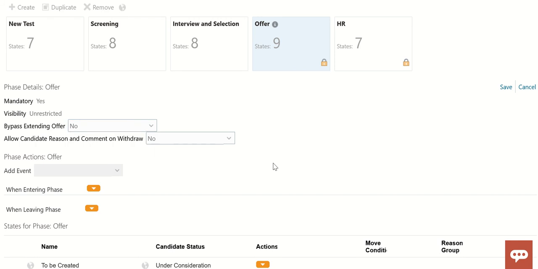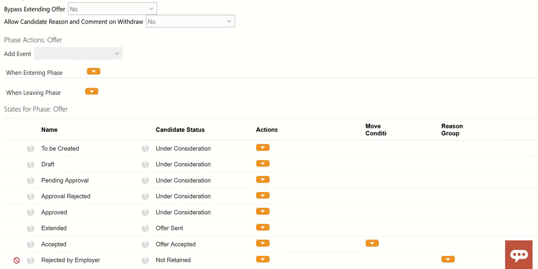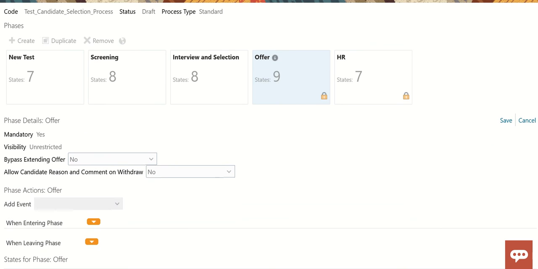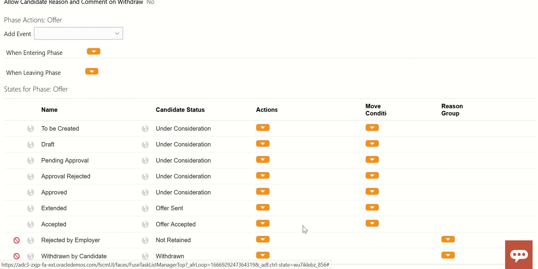Bypass extended offer, whether you want to bypass the extend offer, that functionality has been given. Other than that you cannot do anything. So these are the states and everything that has been given here.